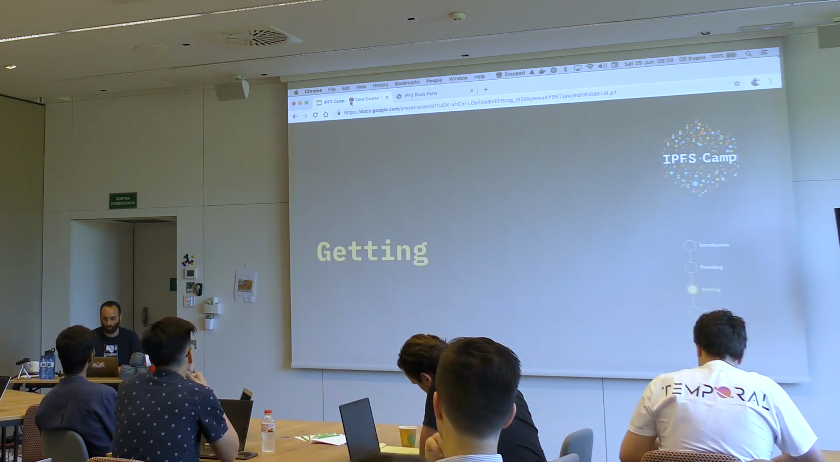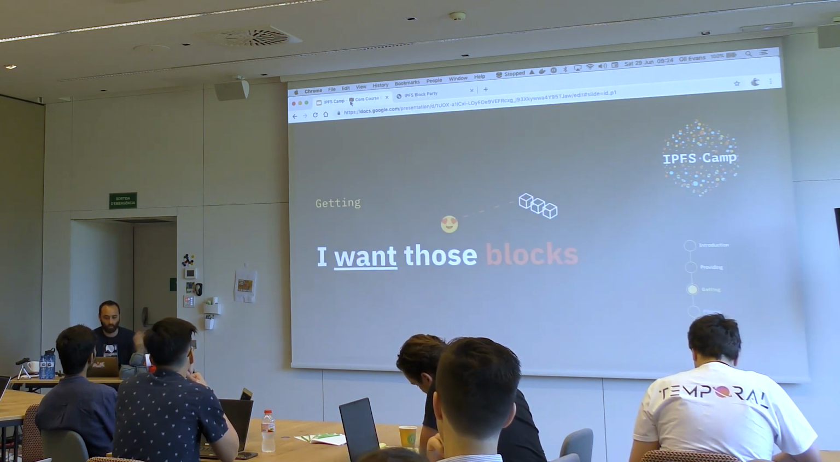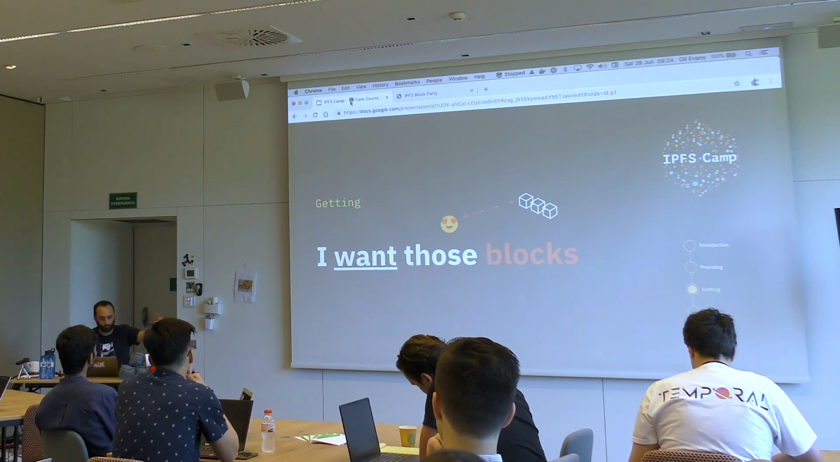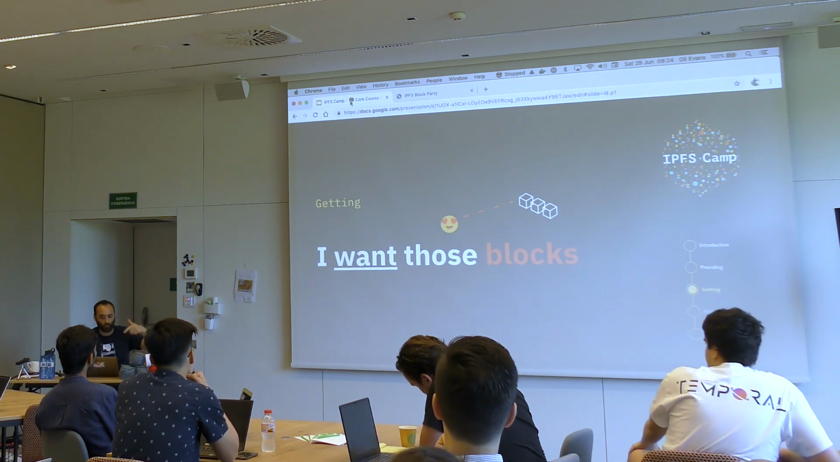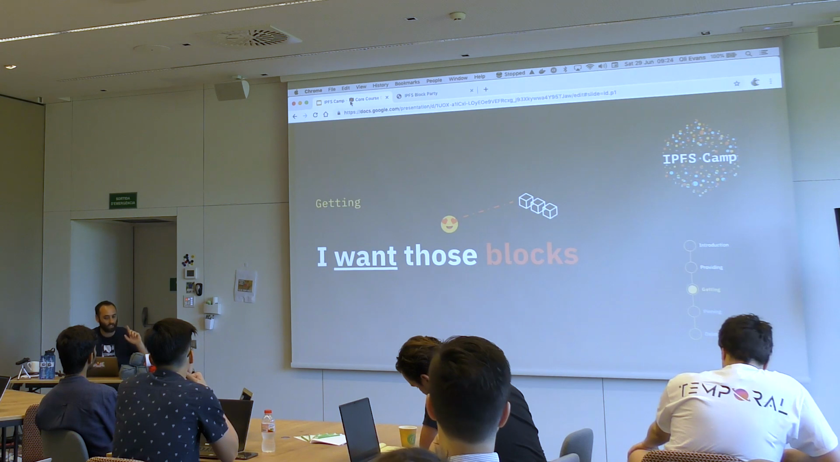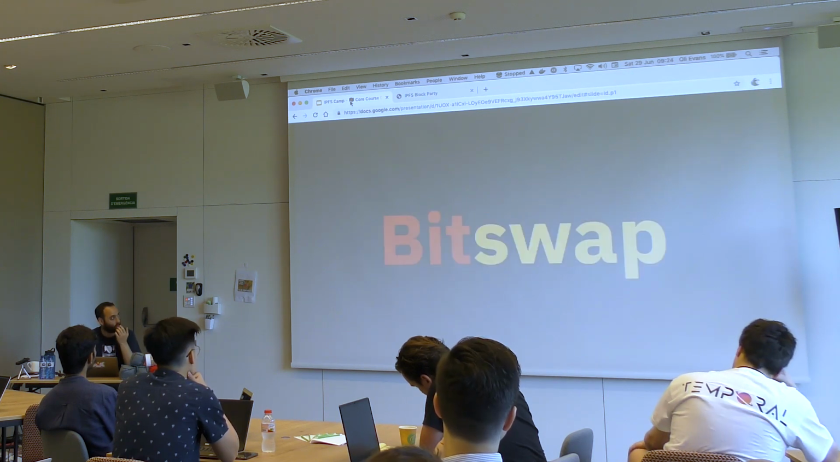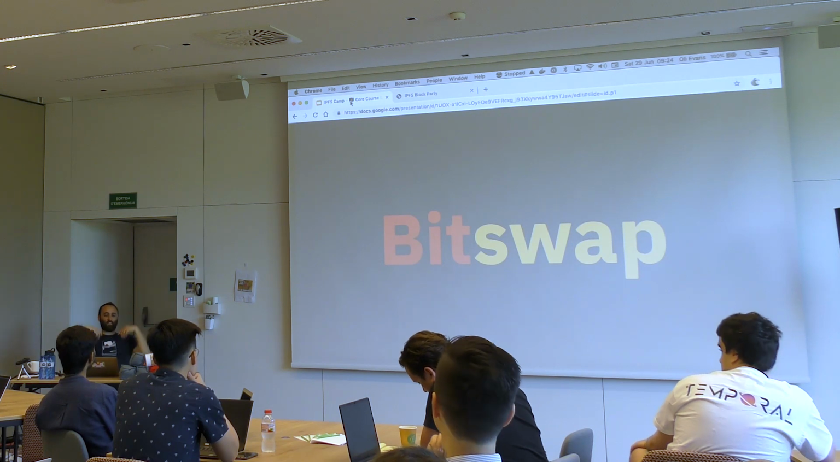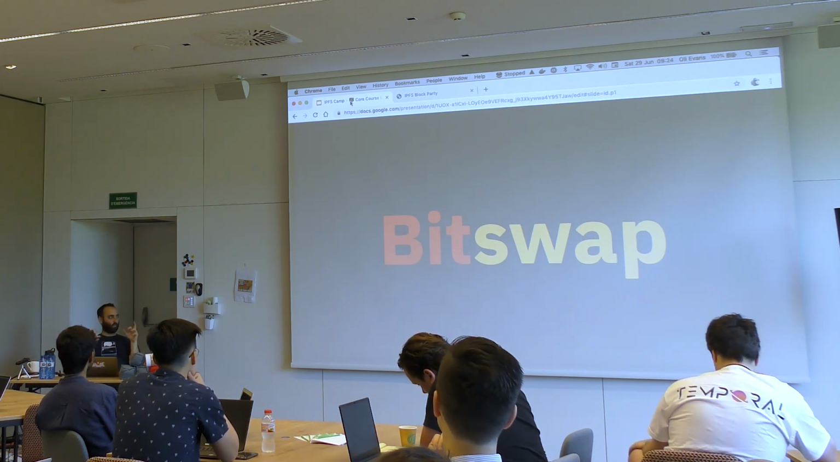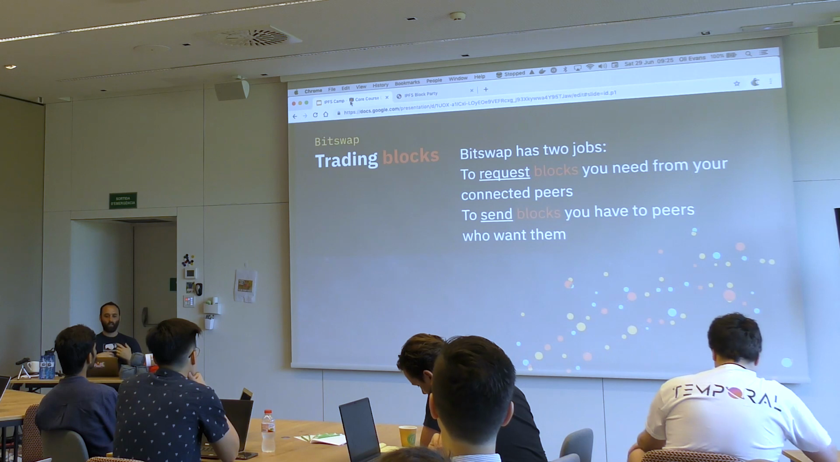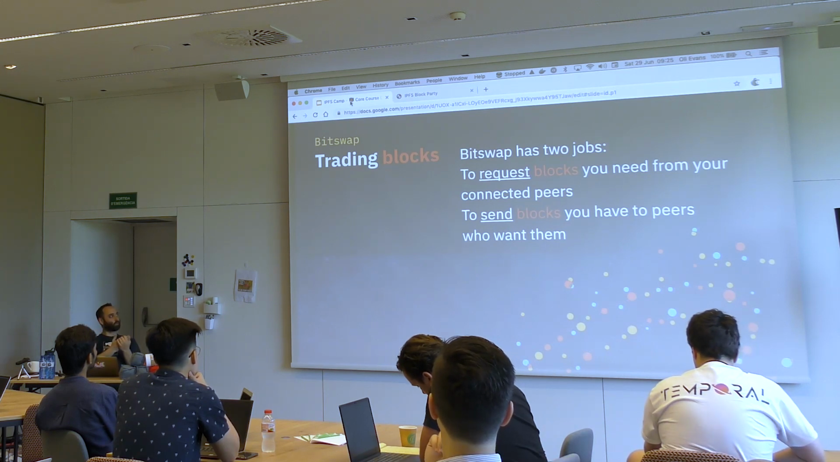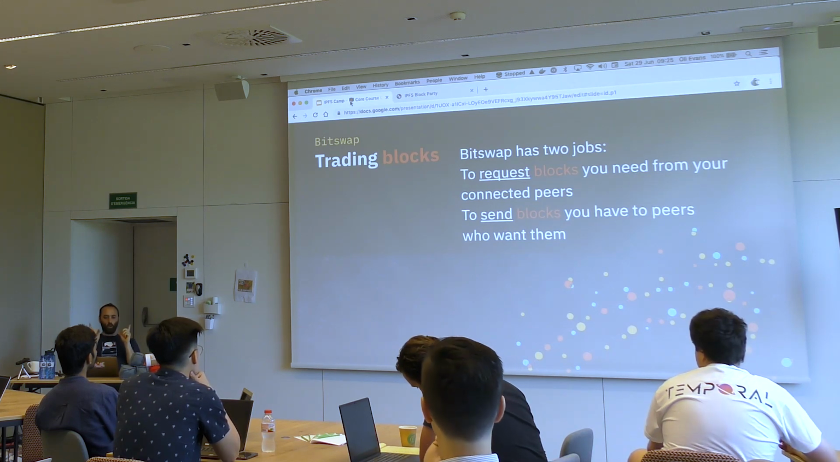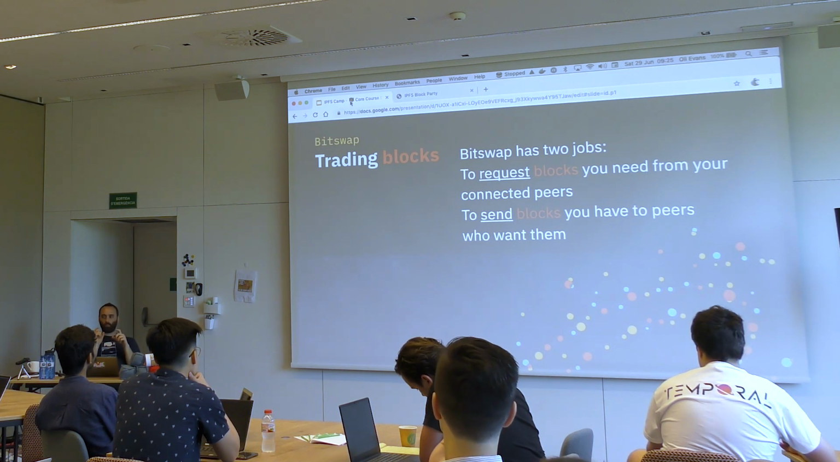What happens when you run IPFS get? So this is how you say to IPFS, I want those blocks. So we just learned how you discover which peers are providing, but how do you actually get the data? It's Bitswap. Bitswap is how you get the data. So this is the trading blocks with friends module in IPFS world. Bitswap has 2 jobs: to request blocks you need from connected peers, and to send blocks you have to peers